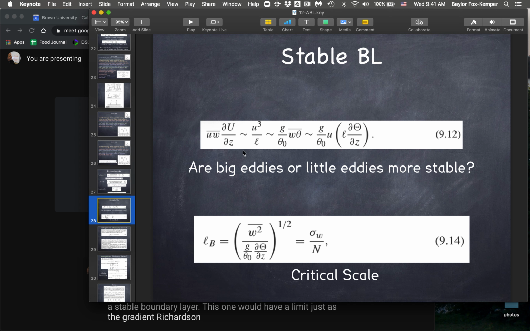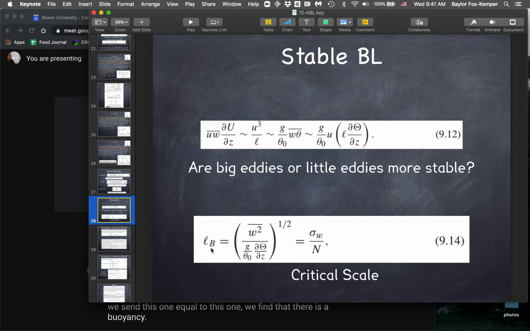And so in the stable boundary layer, if we in fact assume that that limit occurs for the flux Richardson number, this and that were about the same size, this term might scale like some typical velocity scale cubed. That might be the friction velocity. This one would scale like this kind of a product, which is a vertical length scale times the background gradient, and then another velocity, and then the scale factor to get the units right. If we set this one equal to this one, we find that there is a buoyancy